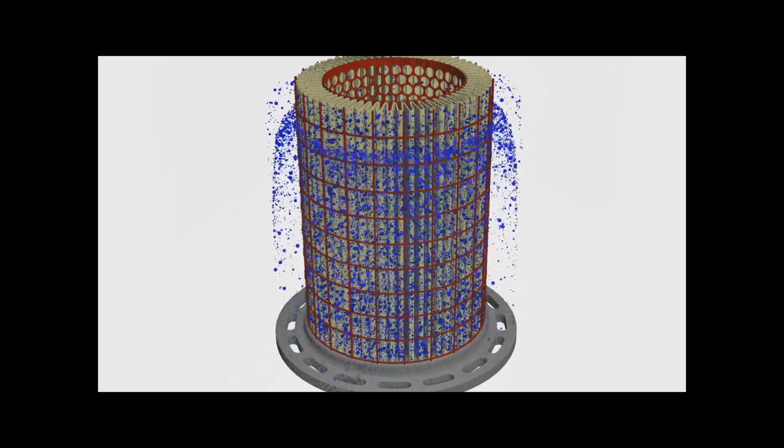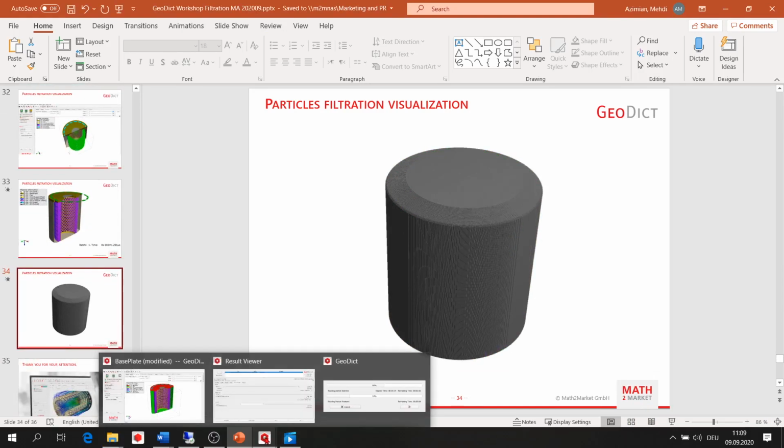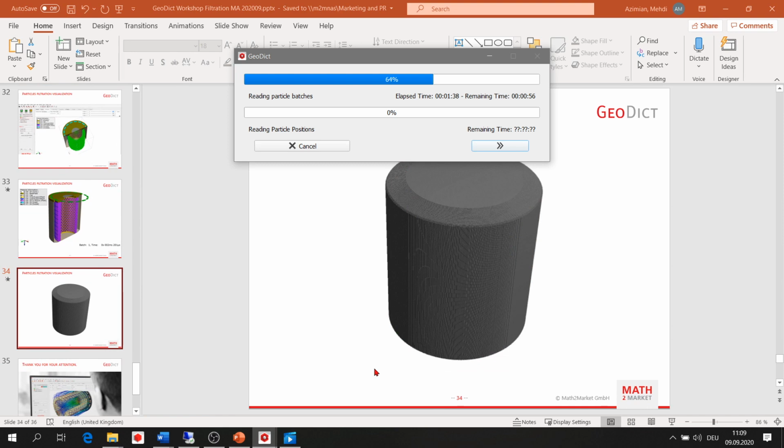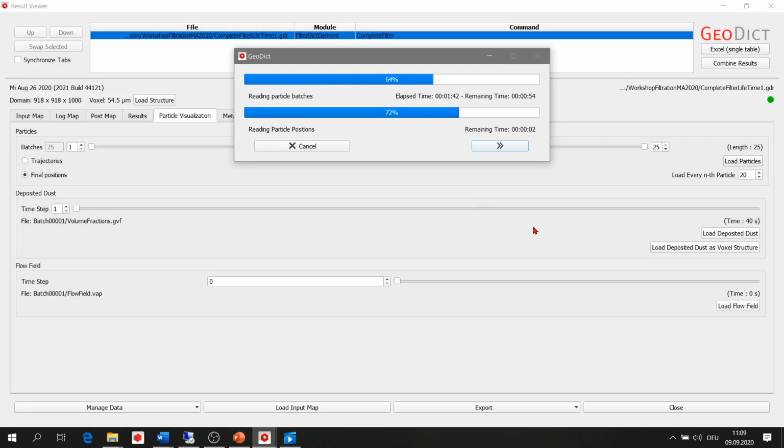All right. Yeah, we are actually done with this part. This thing you see here just loads the final position of particles, so that you can see the final positions of the particles at each batch.